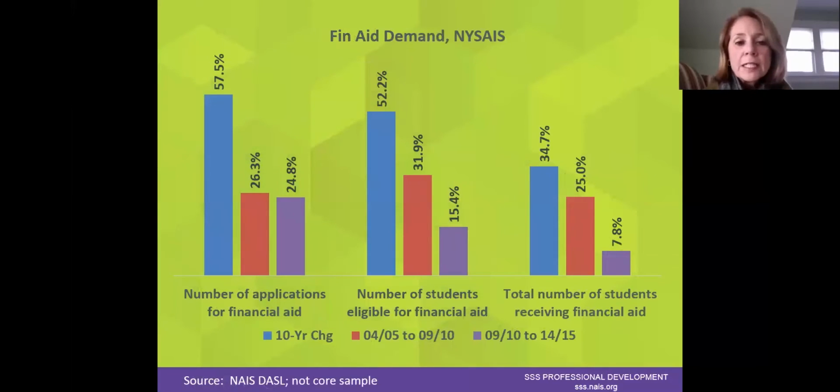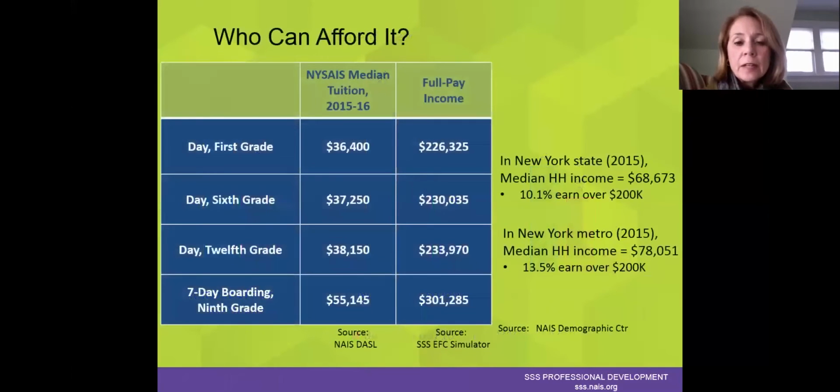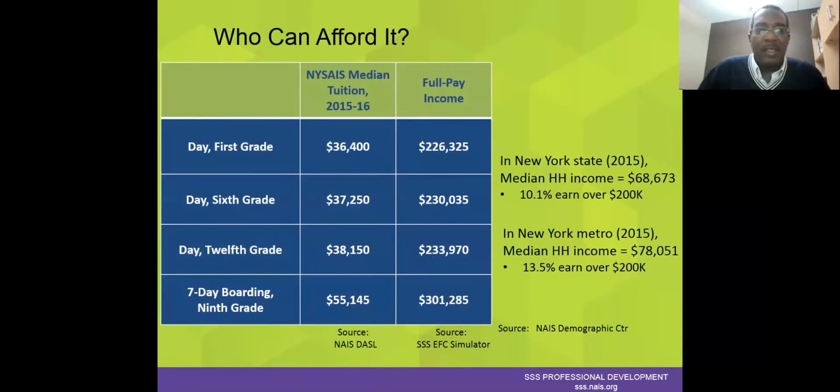I have a question. Is it safe to say then that if your tuition is a percentage of that, the income is then the same percentage? No, that's not safe to say, at least not based on the way our methodology works. Sorry, I forgot to mention what you can use to do this. If your school uses our SSS program, we have a software called School Portal. Within the School Portal, we have a tool called the EFC Simulator, which allows you to plug in different variables and different income levels, different numbers of